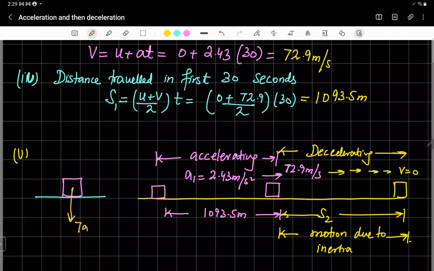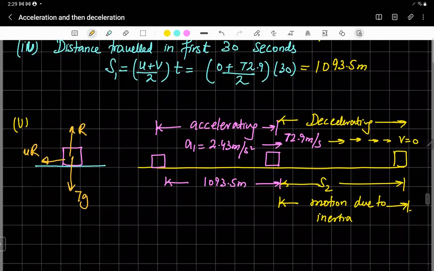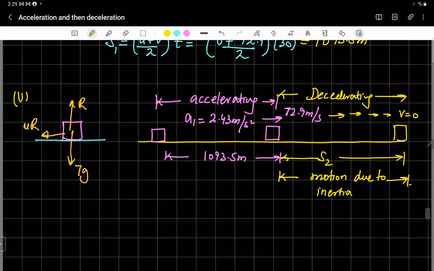Weight mg, normal contact force, and the frictional force is mu R. So it's only mu R which is acting. There is no force in the direction of motion. The force which is acting is opposite to the direction of motion, and it is trying to stop the body. So there is no forward force, and the decelerating force is